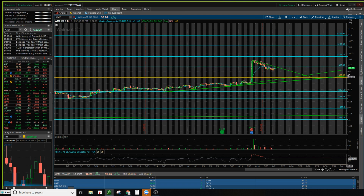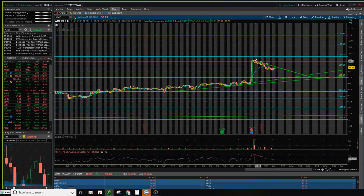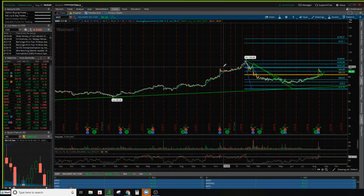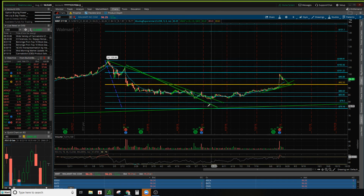Maybe it pulls back to this 92.53, but patient buyers are going to wait for a good entry after earnings and wait for a pullback. And right now it's trapped underneath this right angle. So draw this triangle, put on 92.53 on your chart and 96.88, and you'll have your fib levels. Or watch my Fibonacci video and you can draw these levels yourself by going to the daily high of 109.98, off by a little bit. But draw it from the daily high, and